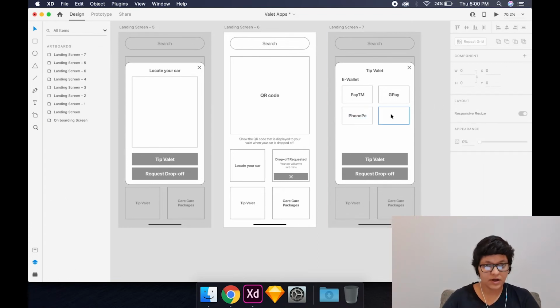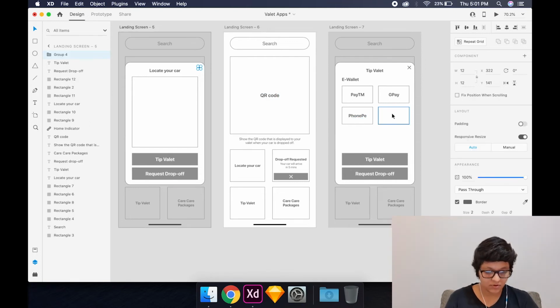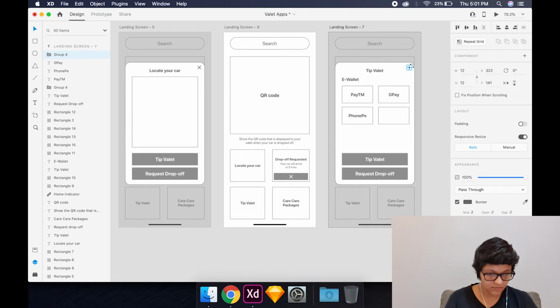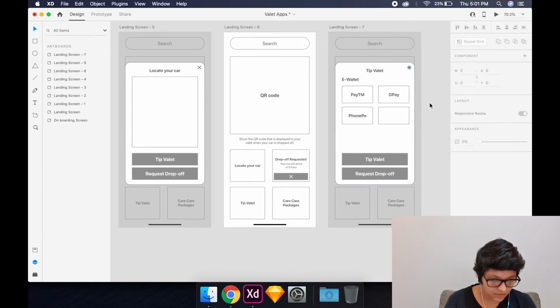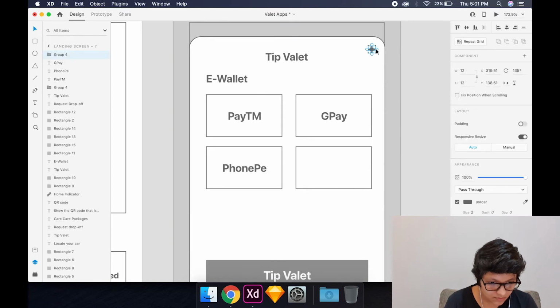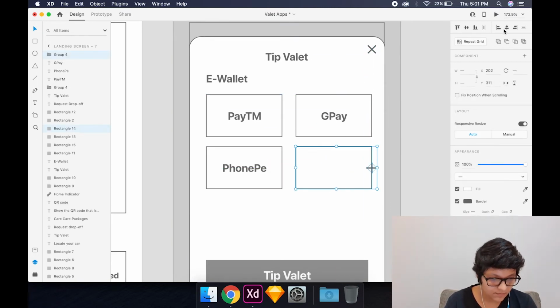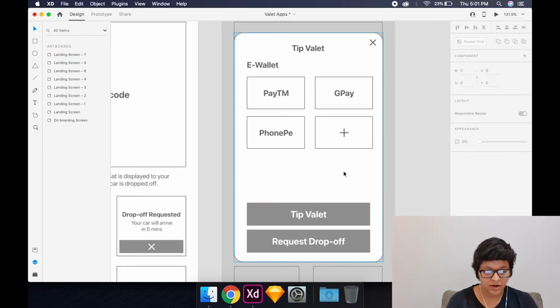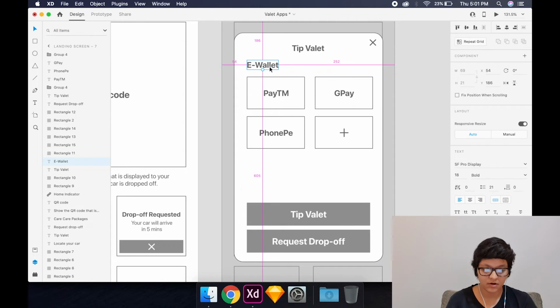I also want to have an extra button so that if users do want to add another e-wallet, they can do so from here. I'm just going to copy the cross icon and again rotate it so that it becomes a plus. I am going to add a section below where users can enter the amount that they do want to transfer.